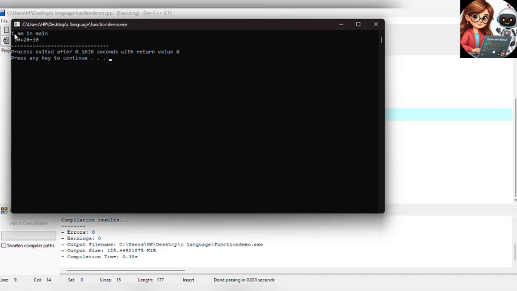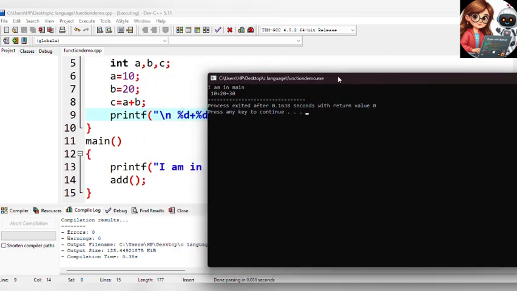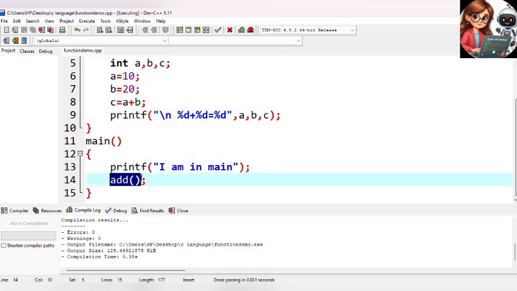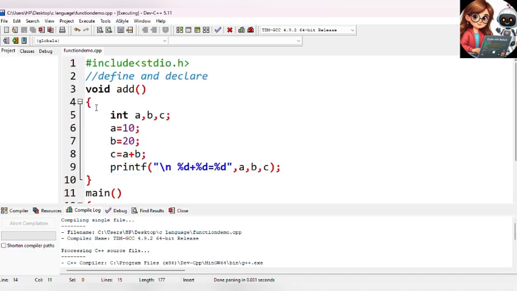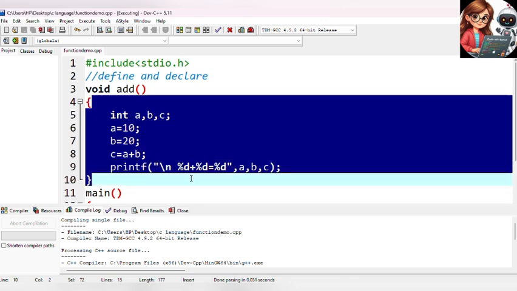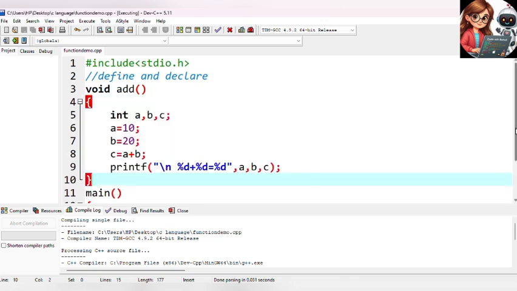Now you can see here I am in main is printed here, and below it add is written. Okay, so basically add is the calling function. Add is calling this block that we have written here. Add is basically calling this whole procedure out here.